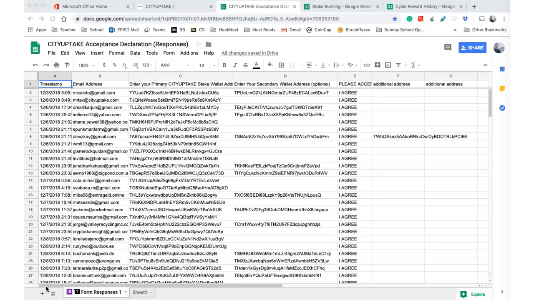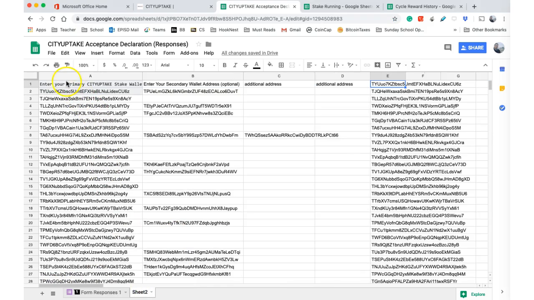Okay, so that we're all on the same page, let me explain how the addresses are being verified. First, when people submit the form, it goes into these four columns. One, two, three, four. But I want to aggregate them. So over here, using this formula,